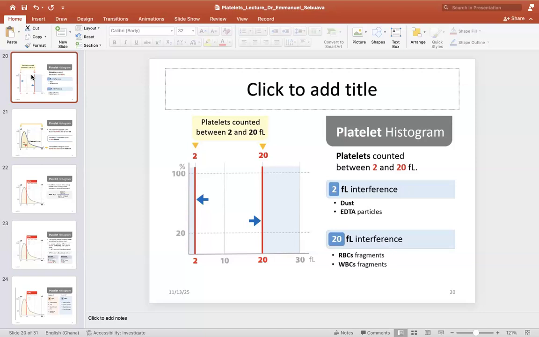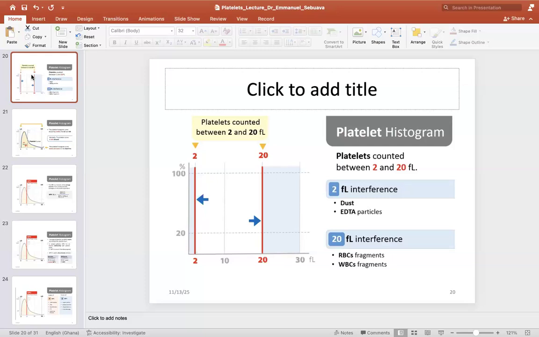So if you are having some counts that are around the 20 femtoliter region, or there is actually a right shift of the platelet graph, you,